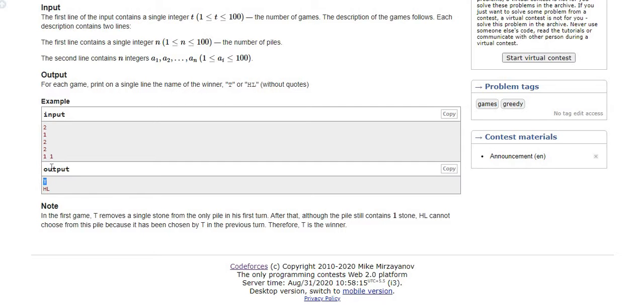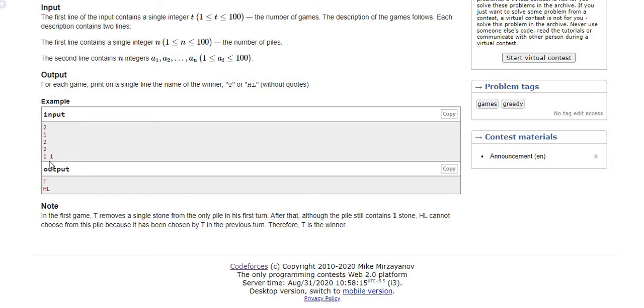Let's take example 2. Here n is equal to 2, and the piles contain 1 and 1 stones. If T picks up a stone greedily, the counts are 1 and 1, so he can pick pile 1 or pile 2.